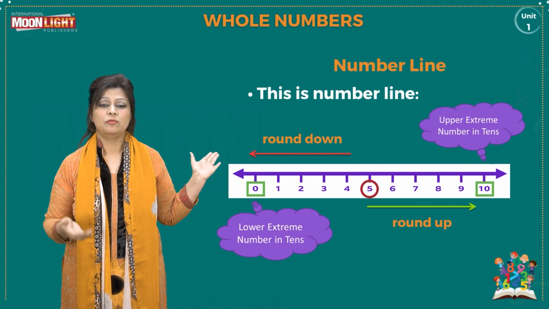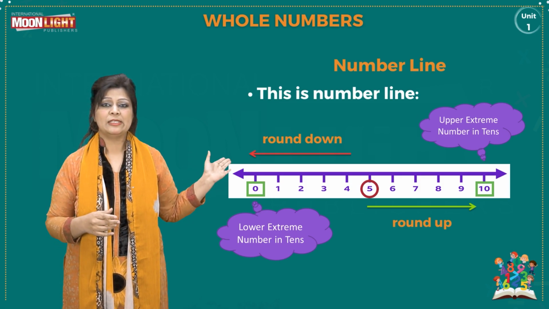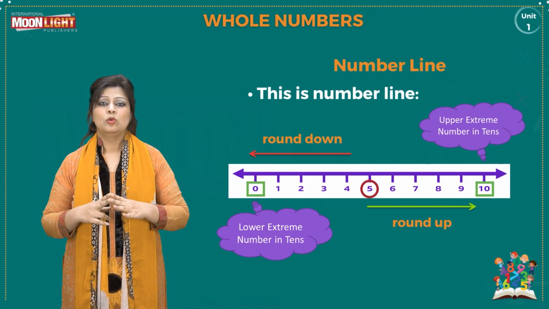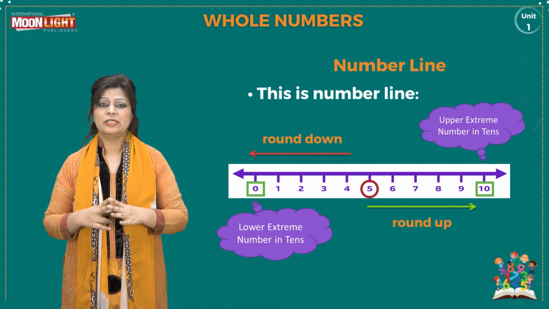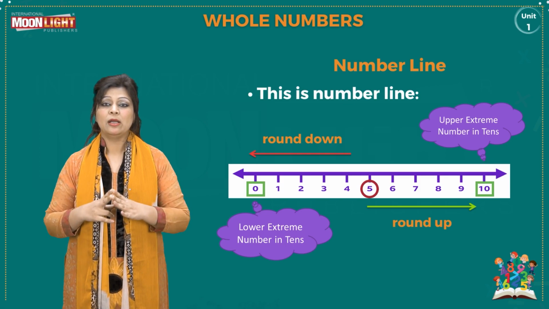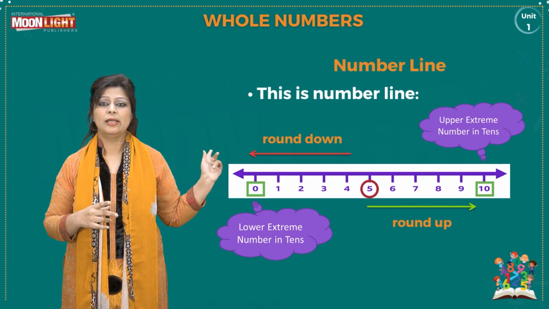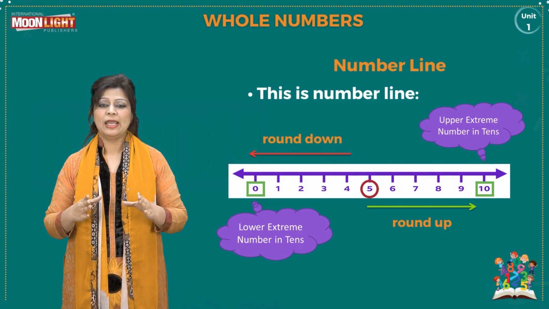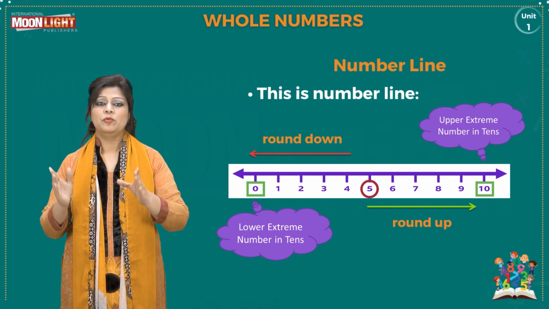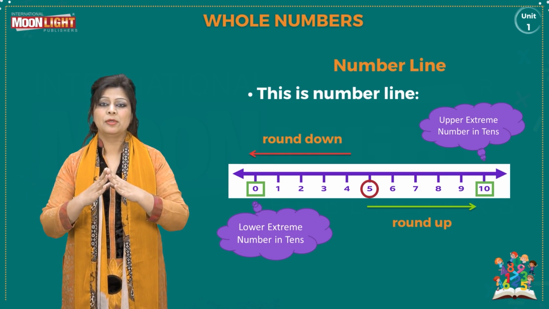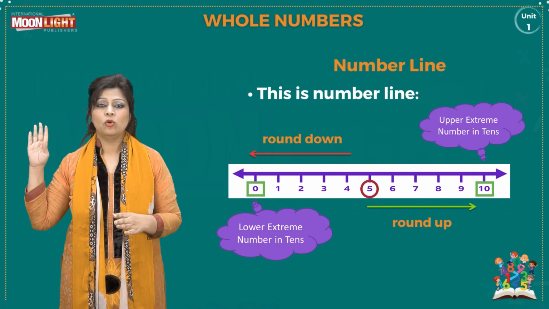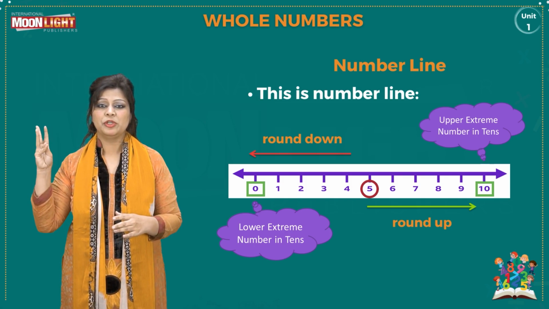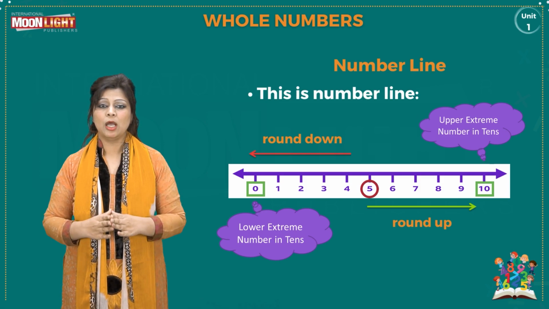to the nearest 10. The first one is locate the tens place and circle the digit. The second one is look at the digit to the right of the tens place, that is the ones digit, and underline it as well. The third point: if the ones digit is 5, 6, 7, 8, 9, we round the number up to the nearest 10. The fourth point is if the ones digit is 1, 2, 3, 4, we round the number down to the